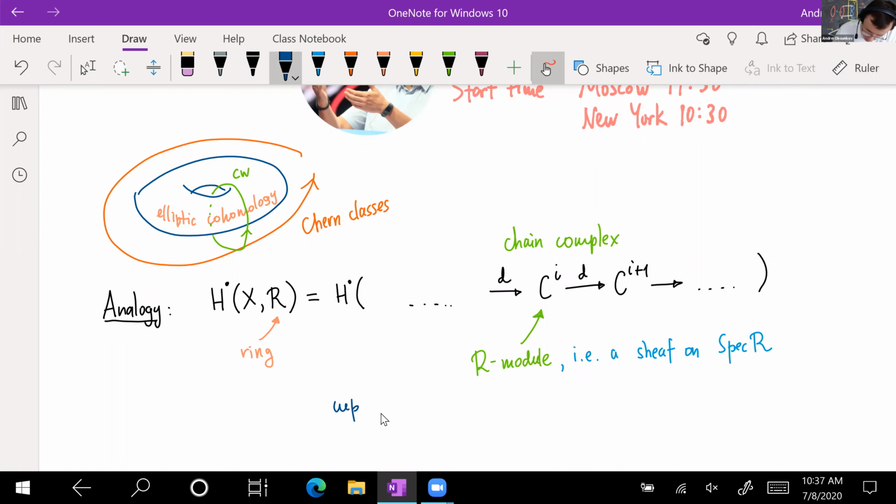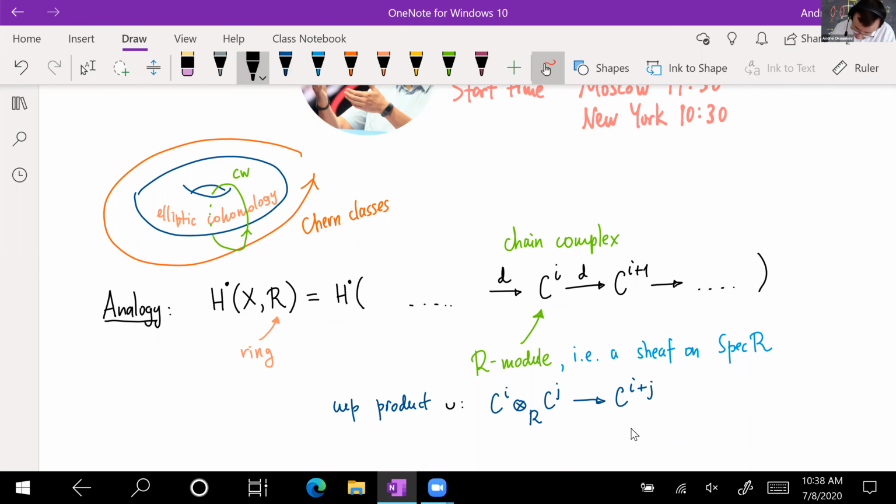The cup product takes C^i tensor C^j, it's R-linear, tensor product over R, to C^(i+j),